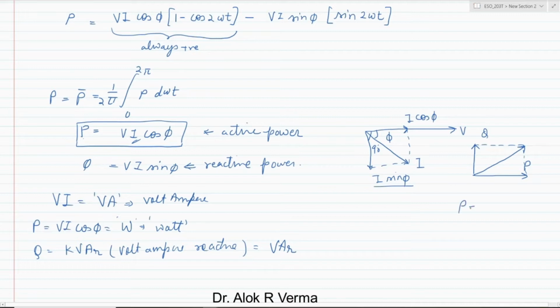So P plus jQ is nothing but S. This is just a representation where S is the apparent power. Okay, so S is basically the apparent power,